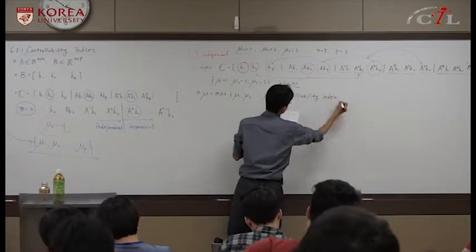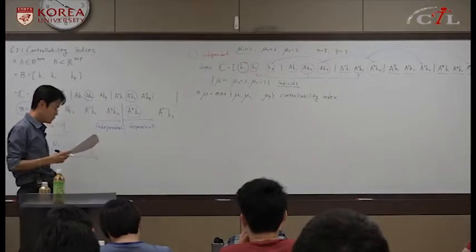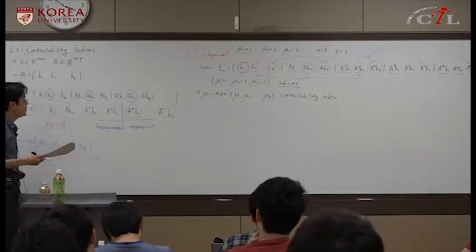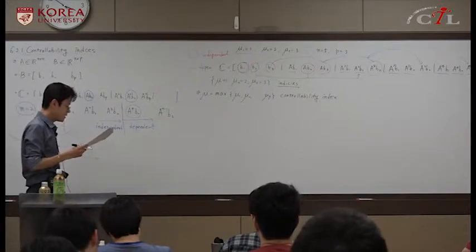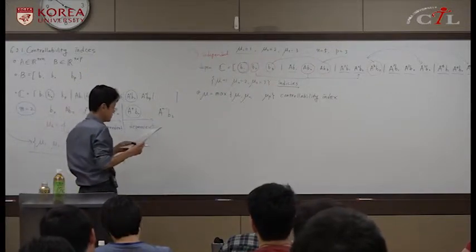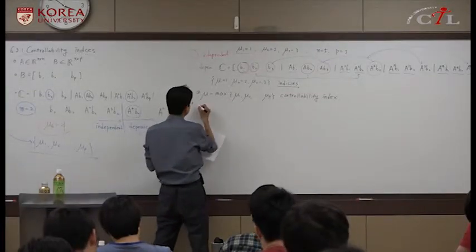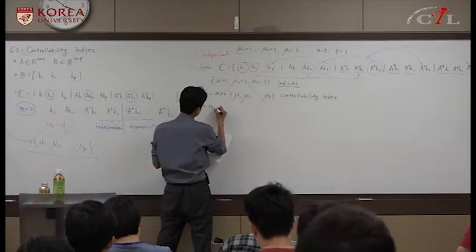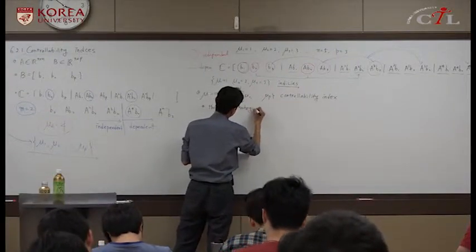It's not plural, it's single. So the controllability index is mu, which is the largest value among controllability indices. Here this mu is the least integer, such that